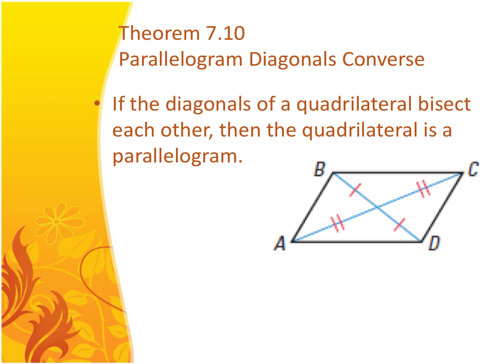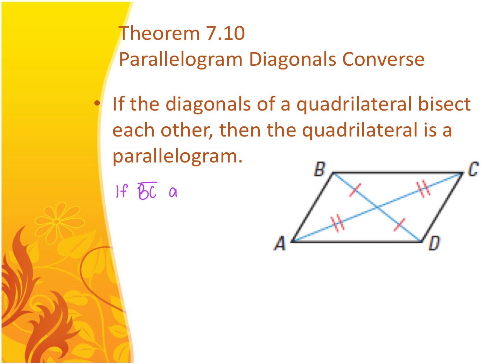All right, parallelogram, diagonals, converse. Again, we're looking at the converse of something. If the diagonals of a quadrilateral bisect each other, then I know the quadrilateral is a parallelogram. If they were to give it to me as a statement, what would it look like? There are two ways that this could be written. The first one is if